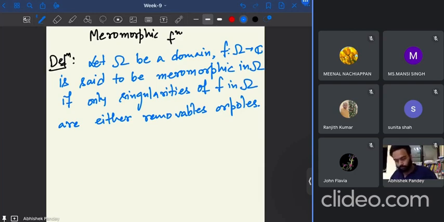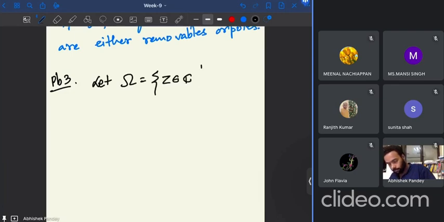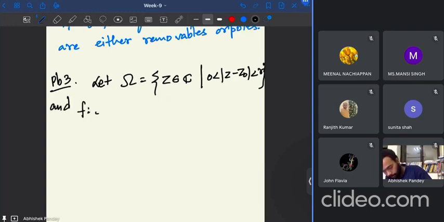So let's consider this problem. Let omega be z belongs to C such that 0 is... okay, and f such that omega to C be analytic in omega, except